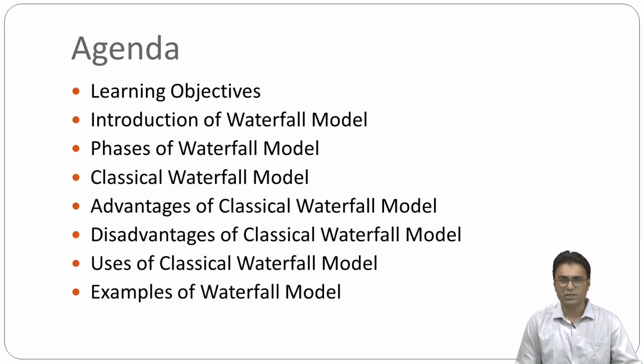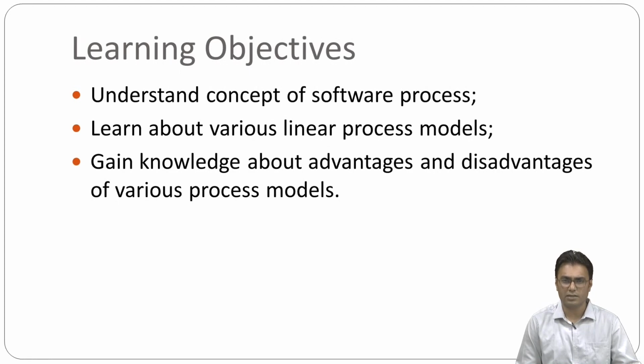Actually, the main objective of the chapter is to introduce the concept of software process, right? So, a software process is a set of activities carried out throughout software development. When you learn this chapter, you will be able to understand the concept of software process, then you will also learn about various linear process models, and at last you will gain knowledge about the advantages and disadvantages of